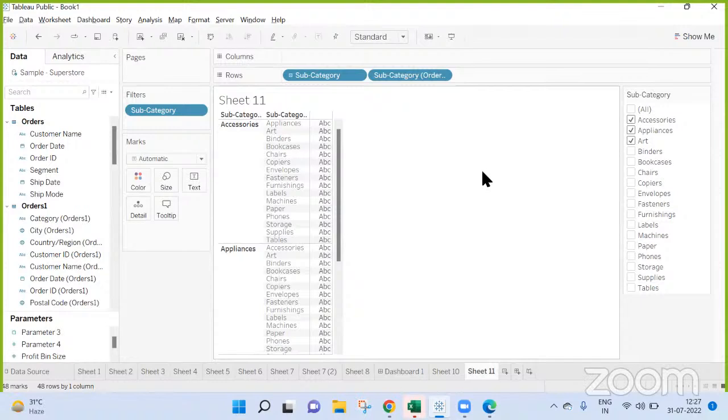Accessories, appliances and arts in here, and in that again you need to select. It's totally off the top of my head. Because the problem is when you select these, you can get a combination field. That is not their own combination.